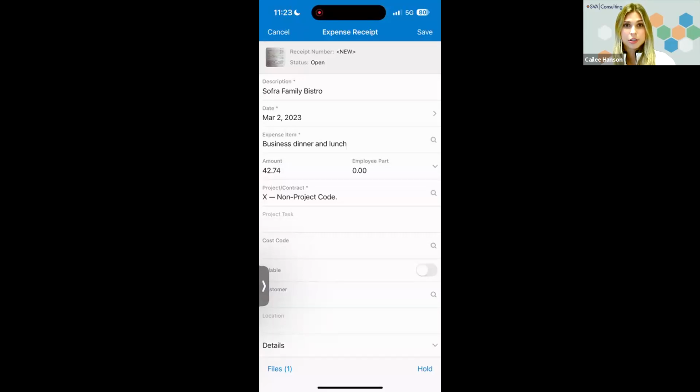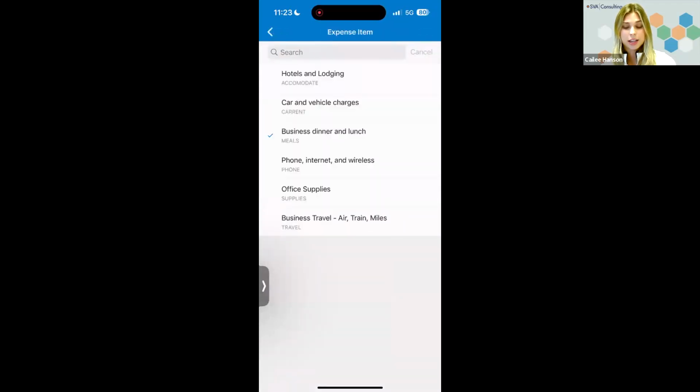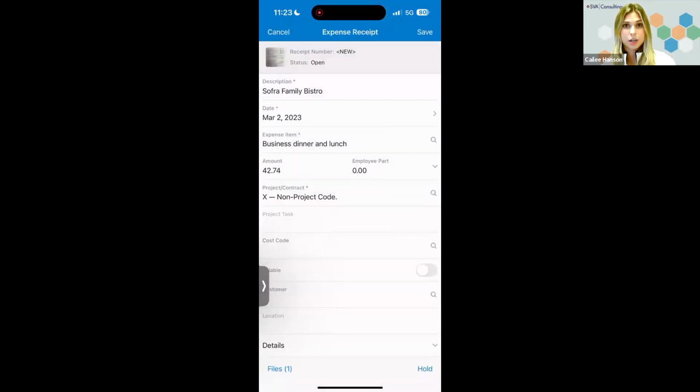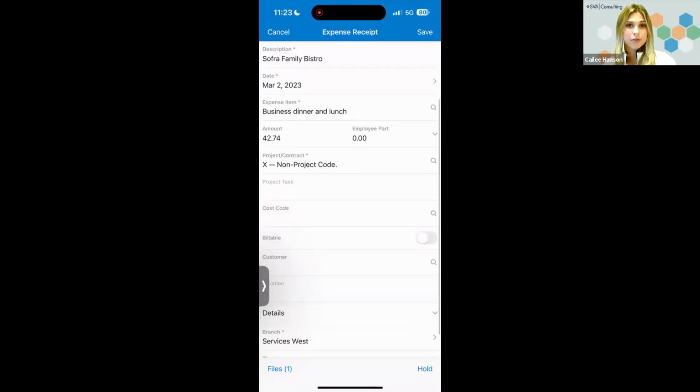So we can see it took that description right from the name of the restaurant we were at and added it to the expense item business, dinner, and lunch. I can go ahead and edit that and change that if I want to. Same thing goes for the description. I could add a more in-depth description to that. And then we can see that $42.74 amount was taken right from the receipt as well, just by doing the